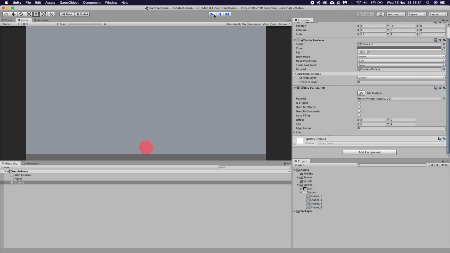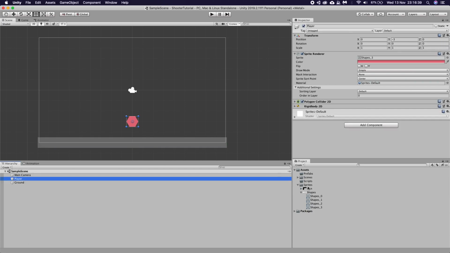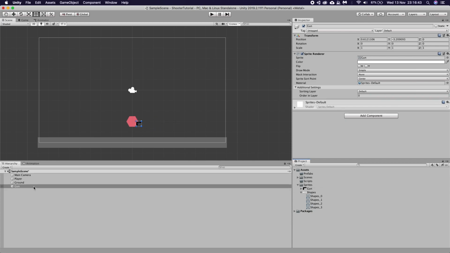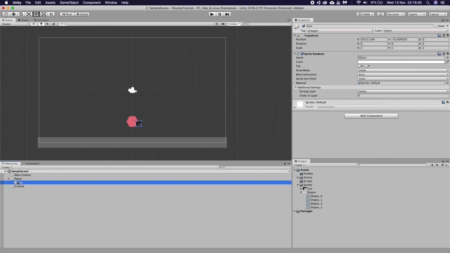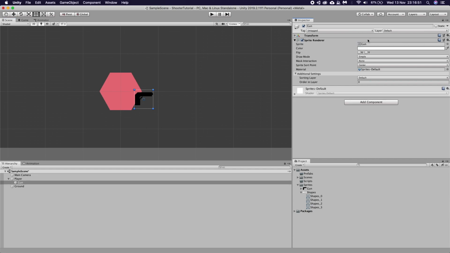Looks great. Game looks great. 10 out of 10 so far for looks. Let's now move on to the actual script. Oh no, actually we want to drop the gun in on top of our character here. Let's drag it as a child of player. Let's move the X to 0.5.